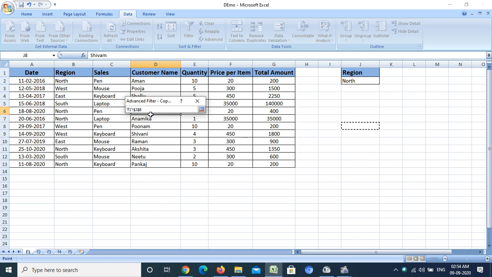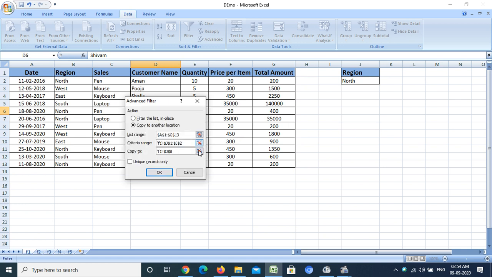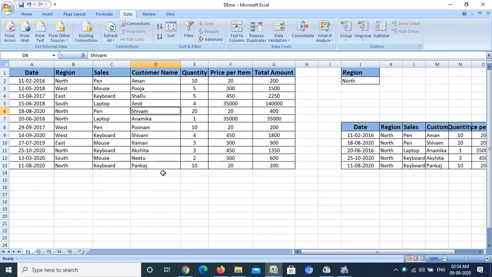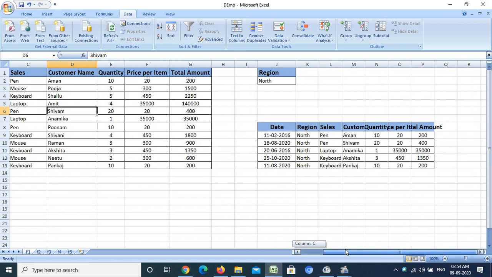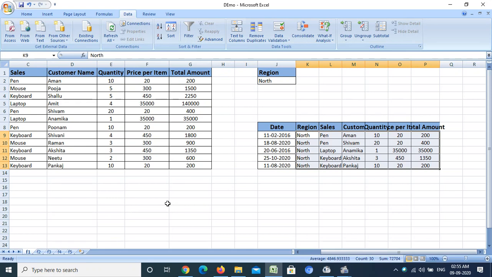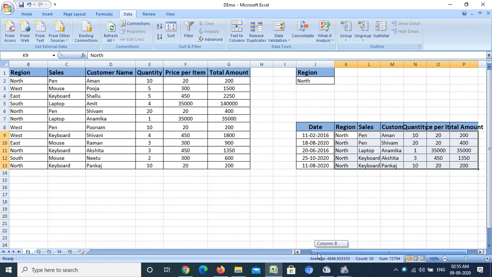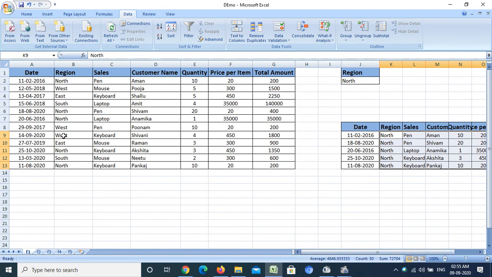After that, I'll click on this button, and after clicking the OK button, I'll get the result which satisfies my condition, that is region north. Now see, I have these 5 rows having region north only. So in this way, I can filter on the same sheet and paste the filtered data within the same sheet.